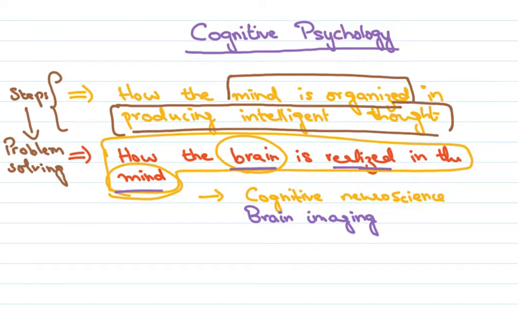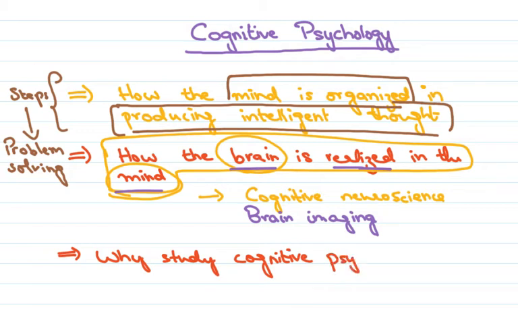So this is basically what we start off with. And now that we have a particular definition, we come to the next question, which is: who studies cognitive psychology, and why study cognitive psychology? So the first response to this really is that, the book puts forth this very interesting example